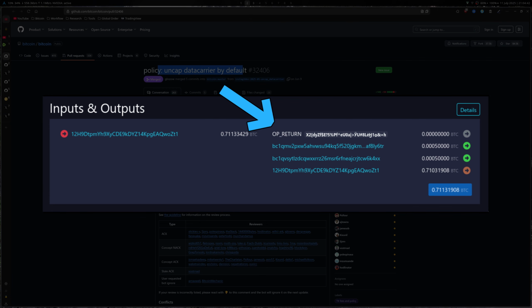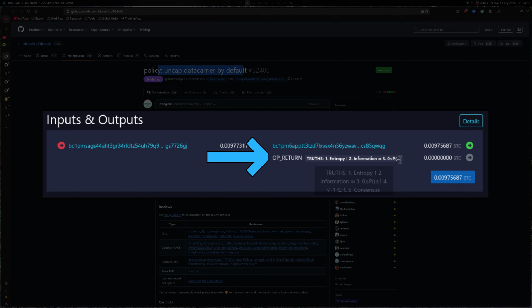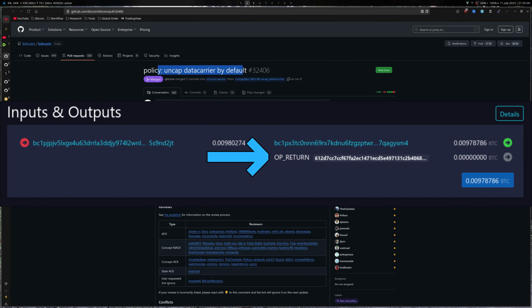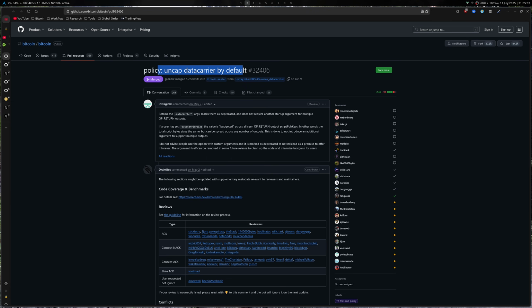So instead of sending your Bitcoin to an address, you can send it to another output called OP_RETURN. And it previously had an 83 byte limit, just in case you wanted to add a little extra data on chain. Let's say you had an application that needed like a timestamp or something, you could put it in the OP_RETURN to make your application work. Now, what they did here is they uncapped that 83 byte limit.